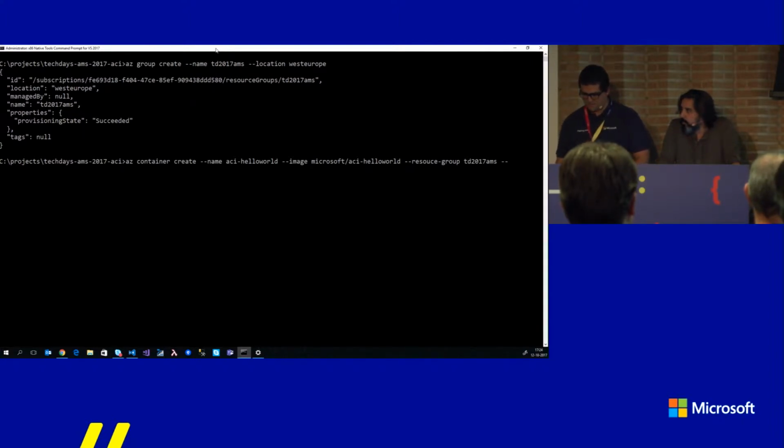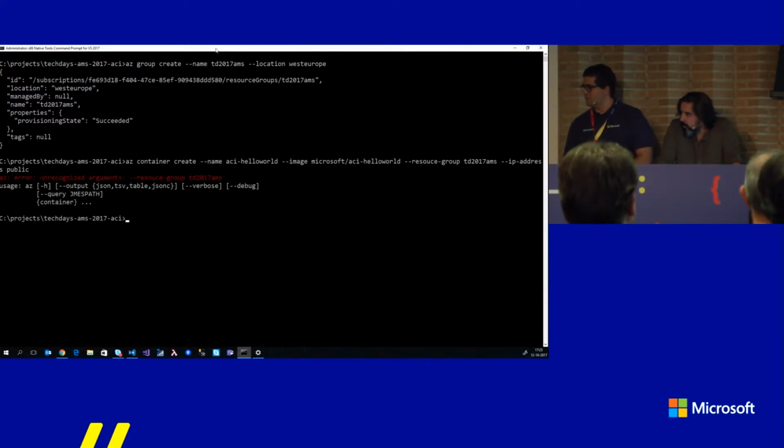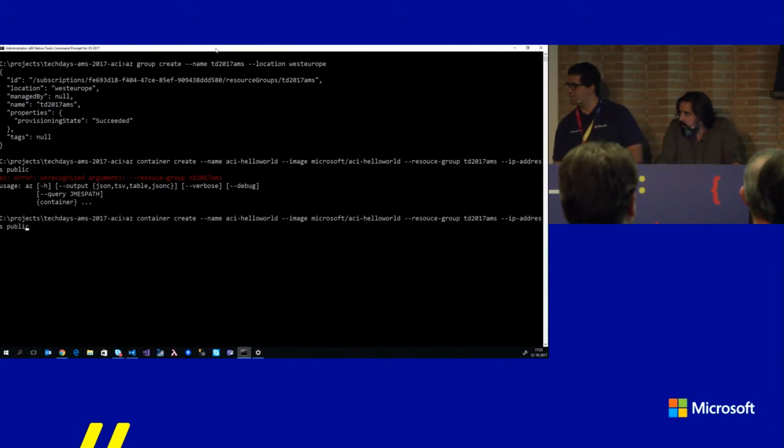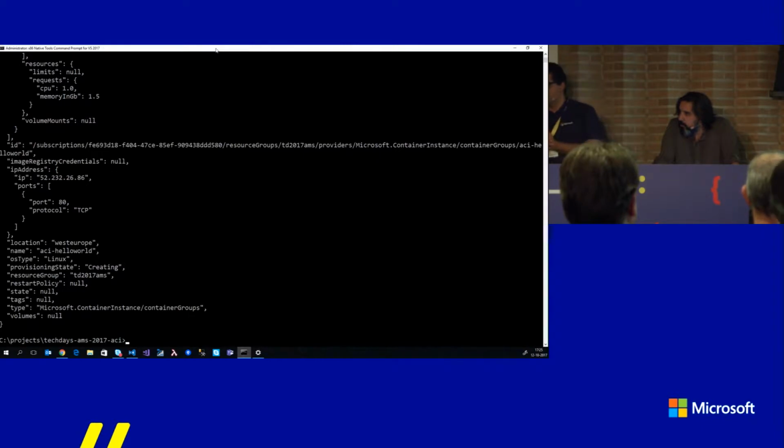And this is one of the cool things about Azure Container Instances. We can literally say, hey, spin up this simple web app, put it running on a container instance, and I can just say I want a public IP address, so that I can immediately check out what's being served there. So we say IP address public. My command was not okay, because resource was a typo. We should have a container instance already provisioned. As you can see here from the provisioning state, it's creating.